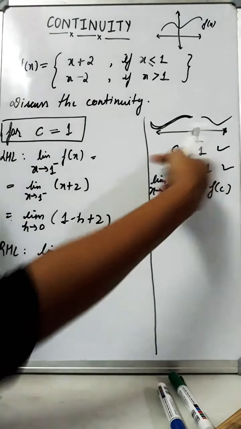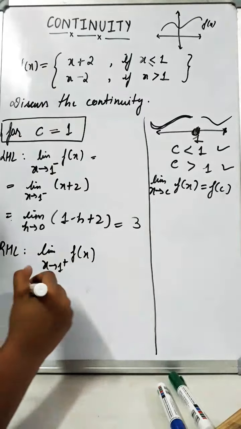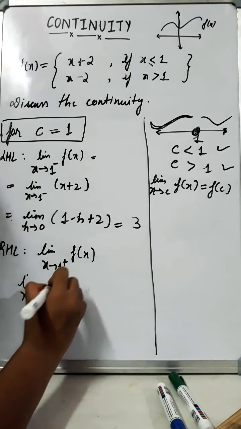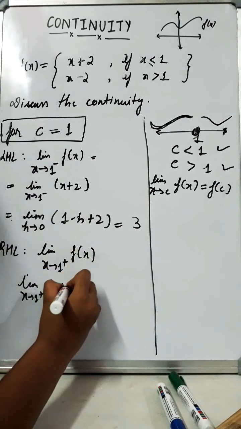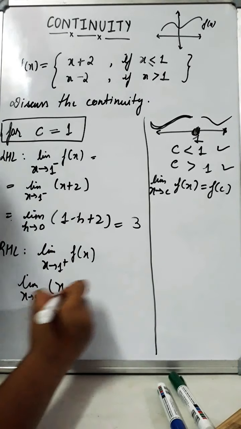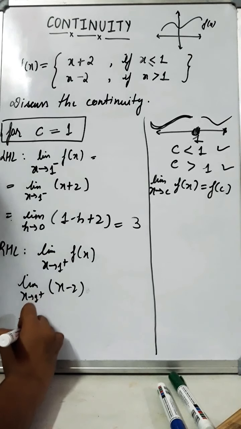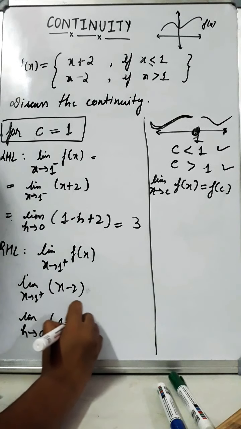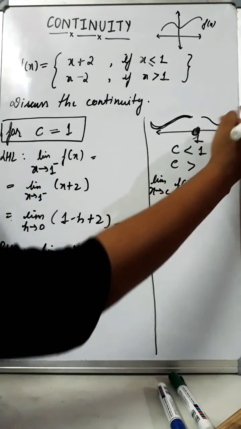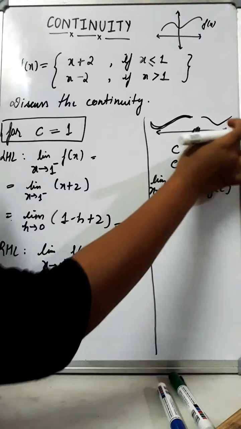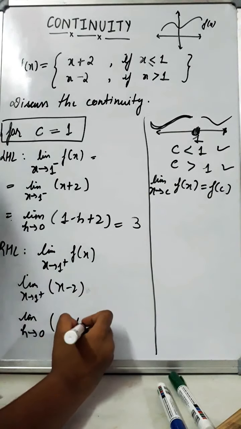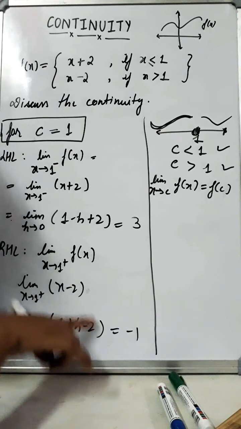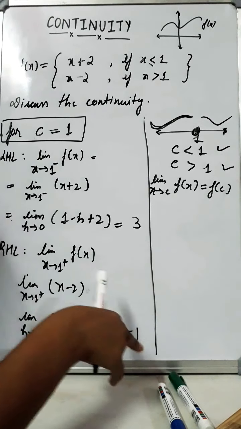So we are tending from the right hand side, so we will take this value now, so it becomes limit x tends to 1 plus, the function's value is x minus 2। All right, and when you change it in the h form, limit h tends to 0, it will become 1 plus h, because you are tending from the right hand side, so it becomes 1 plus h minus 2। So what is the value here? Minus 1, right? Because h will be taken as 0, so the value is minus 1।